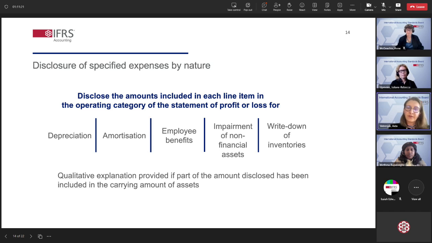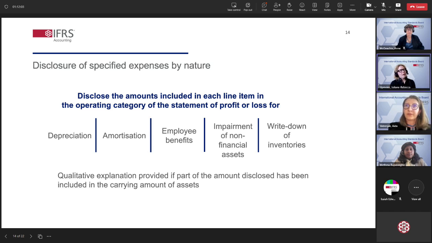So you have listed here 5 specific nature items that companies that report by function would be required to disclose in the notes, and you have explained how this information would be useful for investors in forecasting future cash flows, which is what they use by-nature information for, as well as linkages to the statement of cash flows, right? But as we referred to, the reason we describe this as a fun part of the project is there's the other side: getting this information can be quite costly for some companies. And you said the IASB arrived at a compromise. Do you mind walking us through what the IASB has done to mitigate the cost to preparers of providing this information?